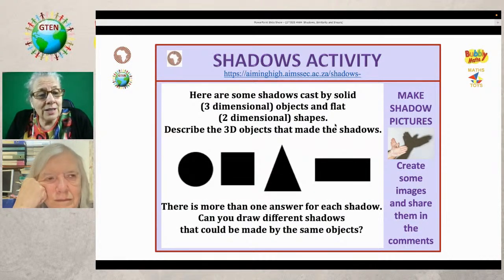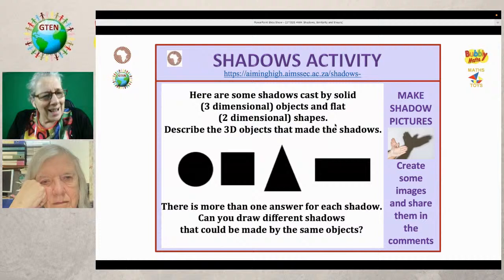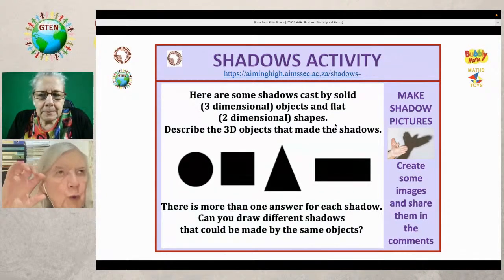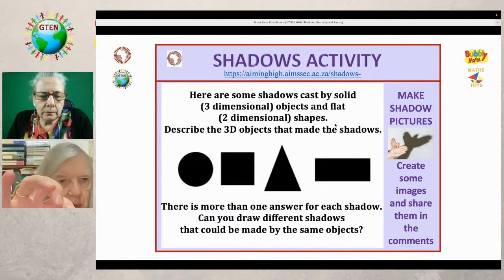And then you can extend that to see what different people suggest, and it'll stretch your imagination because you'll realize there are other shapes that make them as well. I think it really exercises your imagination beautifully. Now you can have a cube, and you can cast a shadow,